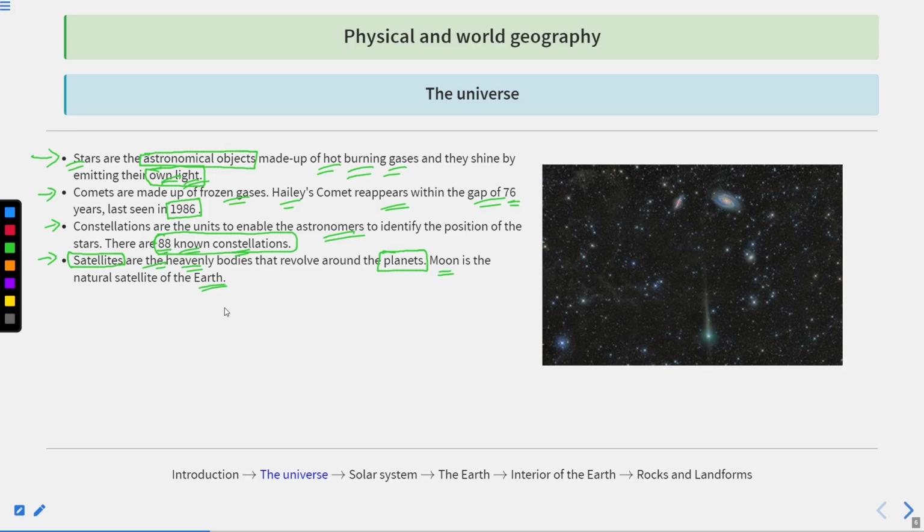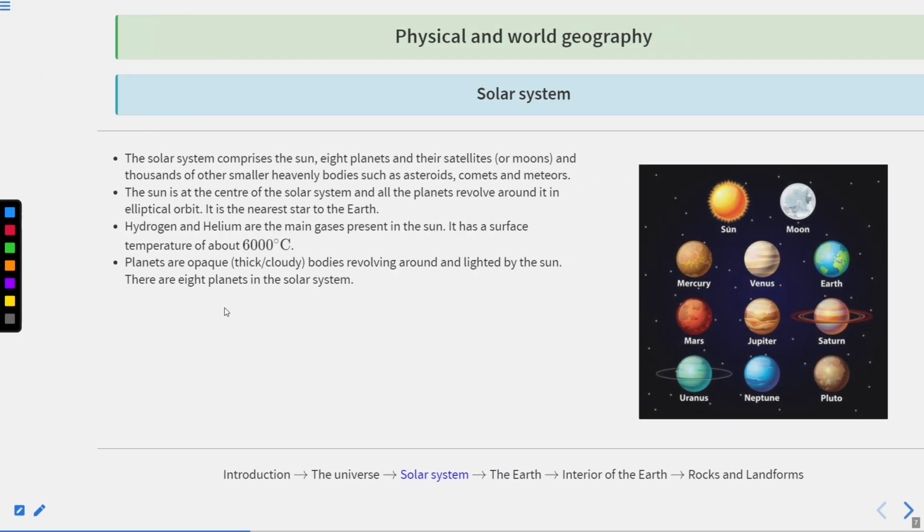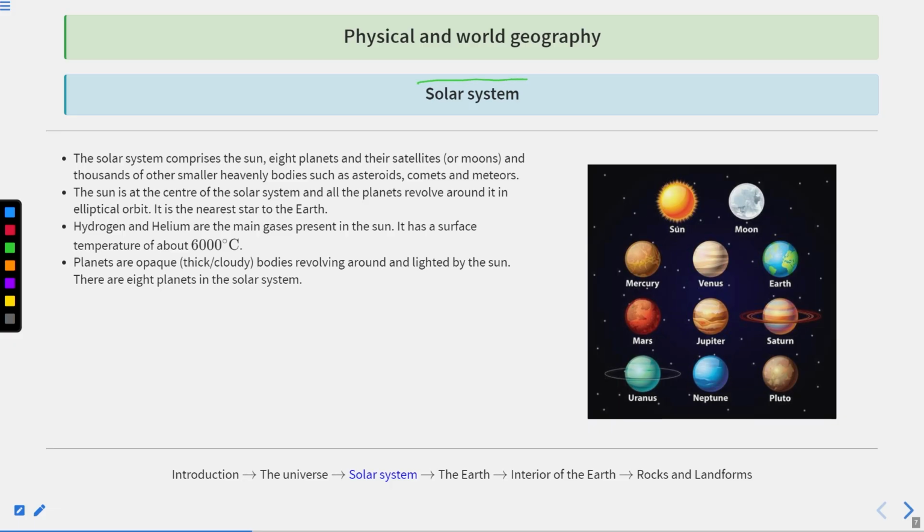Okay, so I hope now you have understood certain facts and figures. Come to the solar system. Now, the solar system is an area of interest we are considering. You can say it is like the city, and now we are talking about the particular locality in which you live. Similarly, before this we were talking about the universe, and now we are talking about the solar system, the particular area where we live in this vast universe.